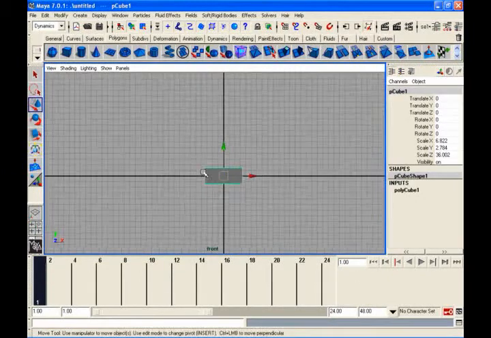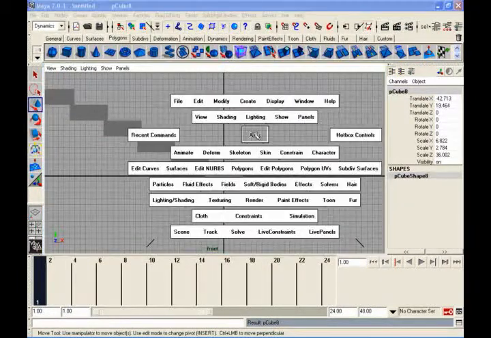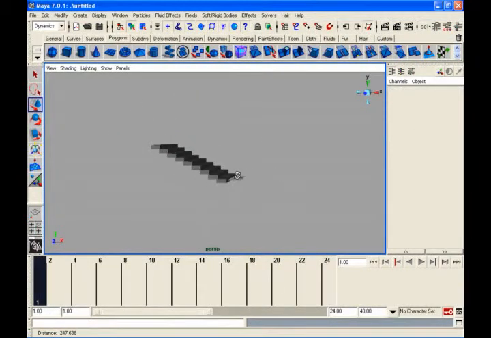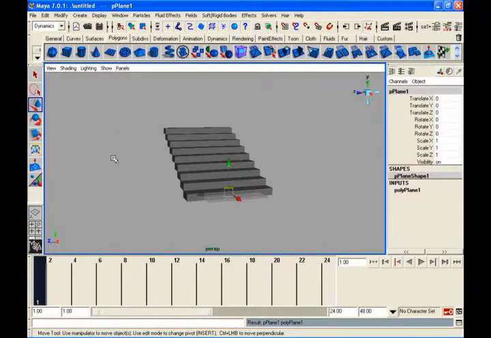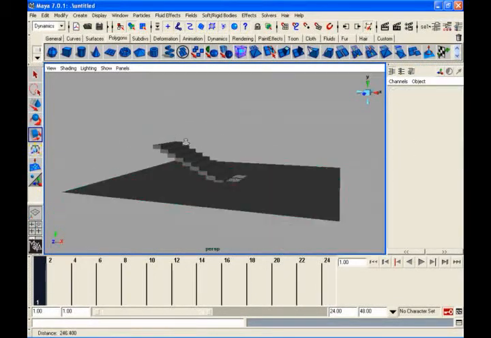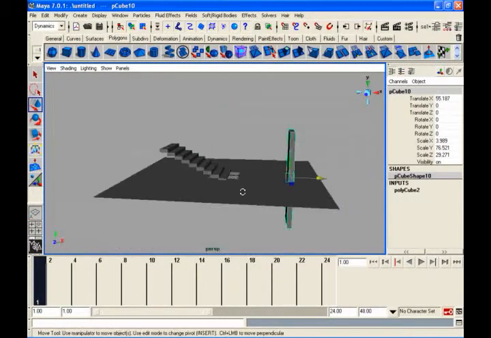Control D, shift D, I said. And then I created a wall which is standing beside the staircase, scaled down.